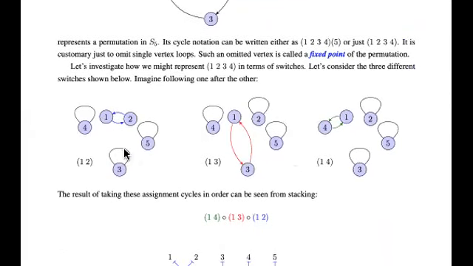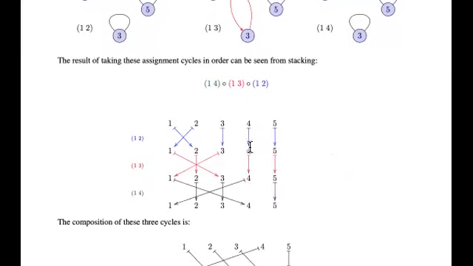First switch 1 and 2, that's a permutation. Then just switch 1 and 3, that's a permutation. And then just switch 1 and 4, keep everything else just going to itself. That's another permutation. If you do this one, then that one, and that one, so this one, so 1, 2,